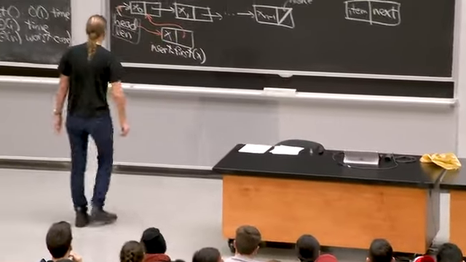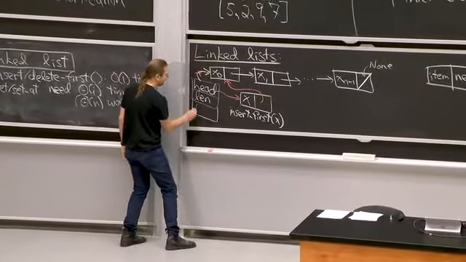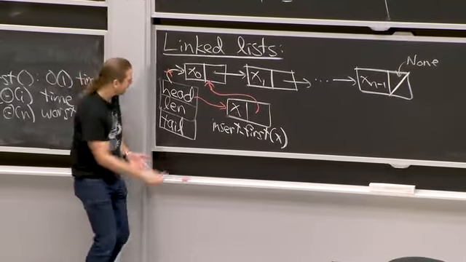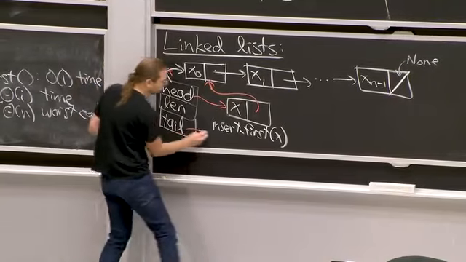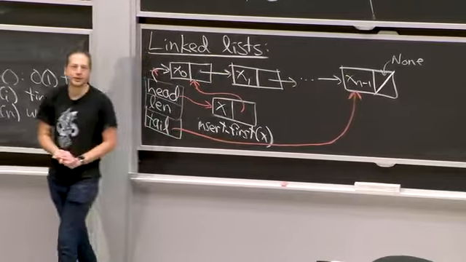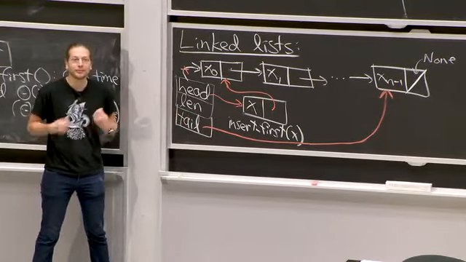Store a pointer to the last element. That's all we need here. And often a doubly linked list has this. I usually call this the tail, head and tail. And if we always store a pointer to the last element, this is what we call data structure augmentation, where we add some extra information to the data structure,